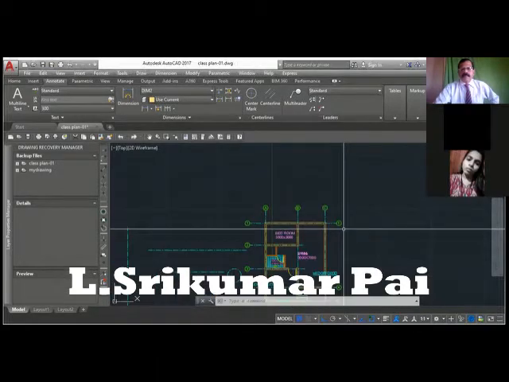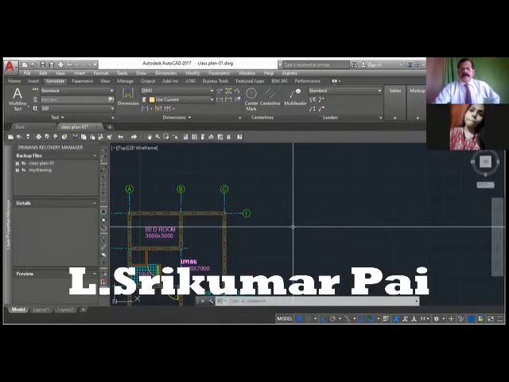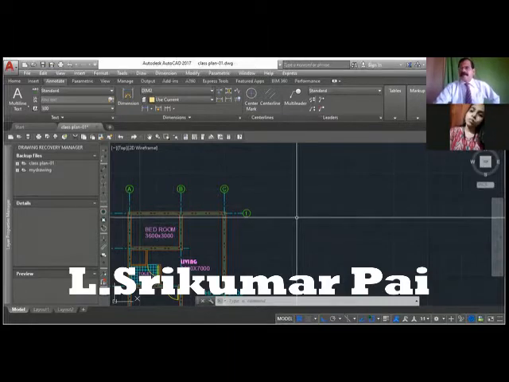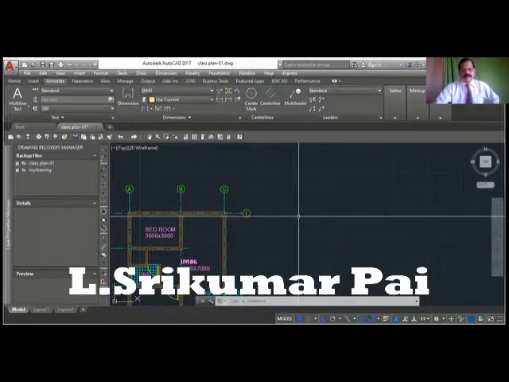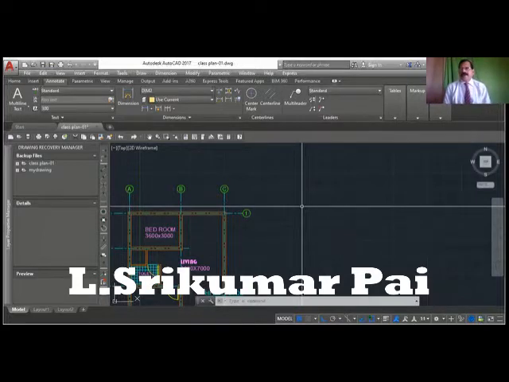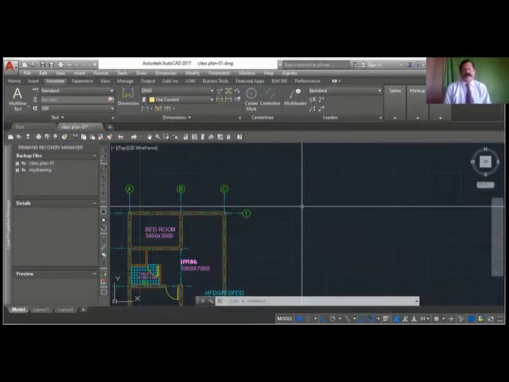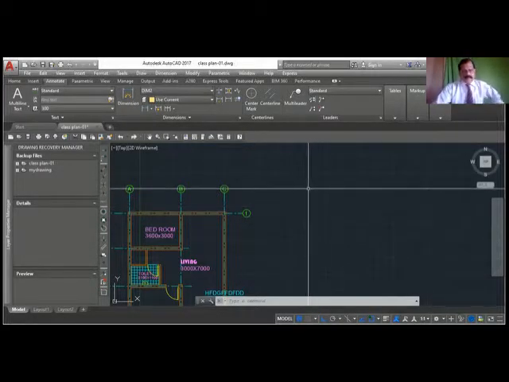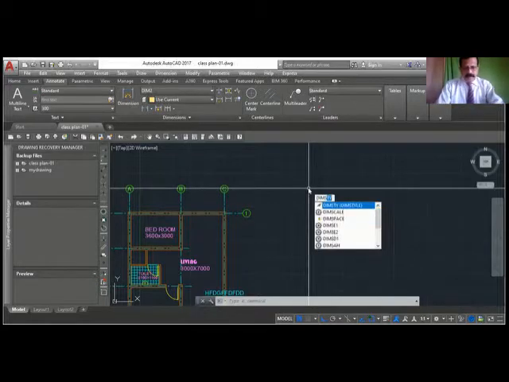Yes. So what we are going to learn is dimension style, even though we have learned a little bit last week, we'll repeat that. Dim style is nothing but to create a dimension style. Just like a text style, it is better to create a dimension style before making your dimensions. Otherwise, you can also use the dimension directly. The standard text style and standard dimension style can be used and we can proceed. It's always better to have your own dimension style. So we'll say dim style.